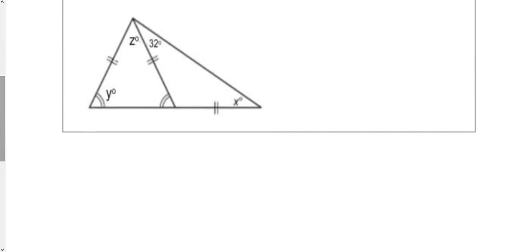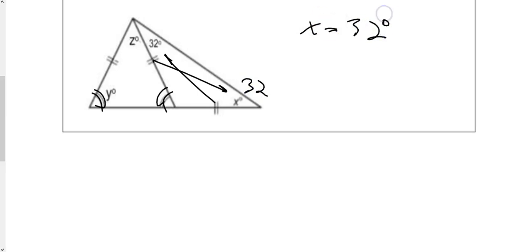And last but not least, look at all this stuff here. So, first off, we know why these two angles are equal. Okay? Since we have opposite sides here, that's the wrong line. Opposite sides, opposite angles equal. So this is 32, this is 32. So x is 32. We know that. So if we know 32 and 32, that's 64. This angle here is going to be 180 minus 64,